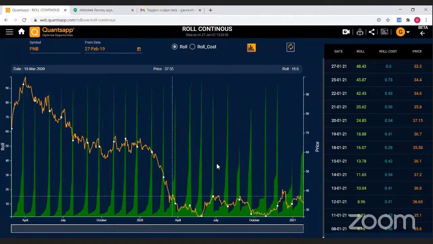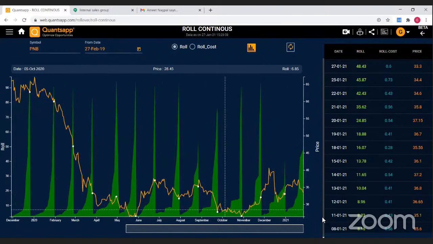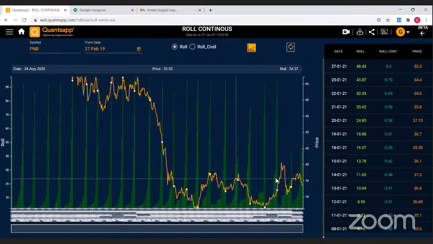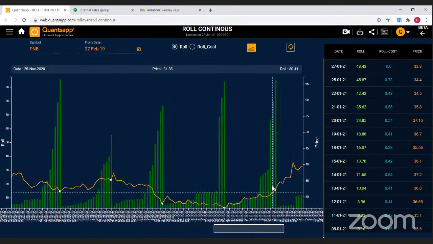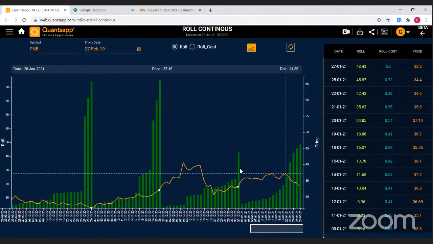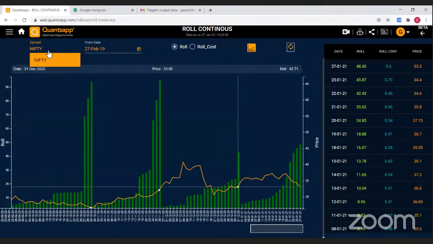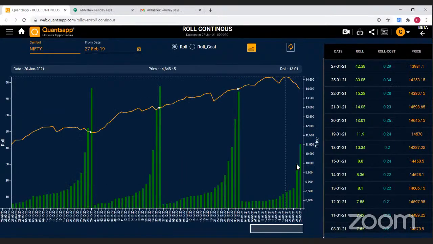If you have noticed कि rollover, I'll change the graph from here. So we are more into the line graph now. Sorry, bar graph. You can see last month rollover was very low. Sorry, this is PNB. So that's what I'm thinking, like how it can be so low. So you can see कि